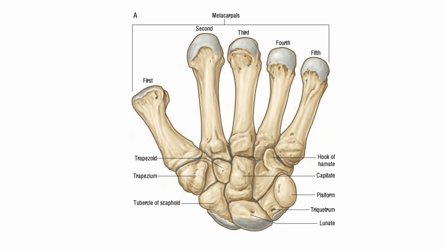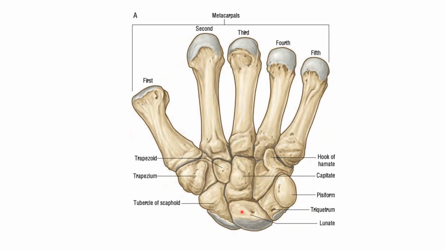Before seeing the details of each muscle in hand, we need to revise a few bones in the hand. So on the screen you have got carpals and metacarpals. This is the lateral side, so this is the first metacarpal and this is the medial side. These are the carpal bones arranged in two rows, proximal and distal row. If this is the lateral side, then this is the first carpal of the proximal row. This is scaphoid. Over the scaphoid, this is called the tubercle of scaphoid.